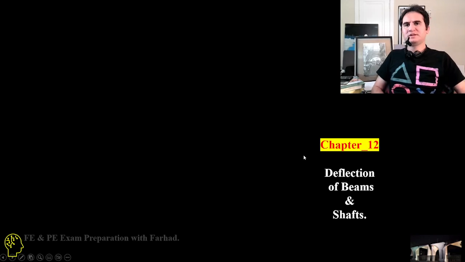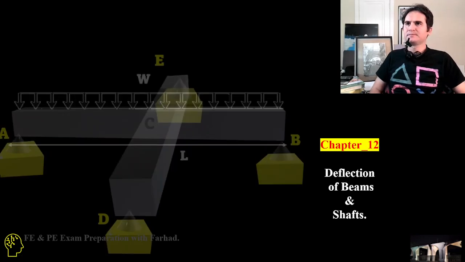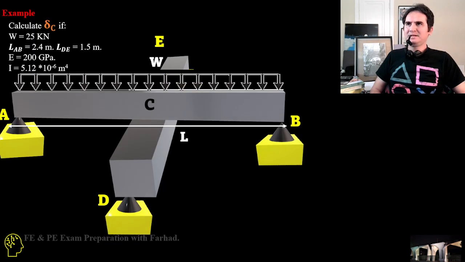Chapter 12, Deflection of Beams and Shafts. In this example, we want to calculate the deflection at the center C. If the information provided is